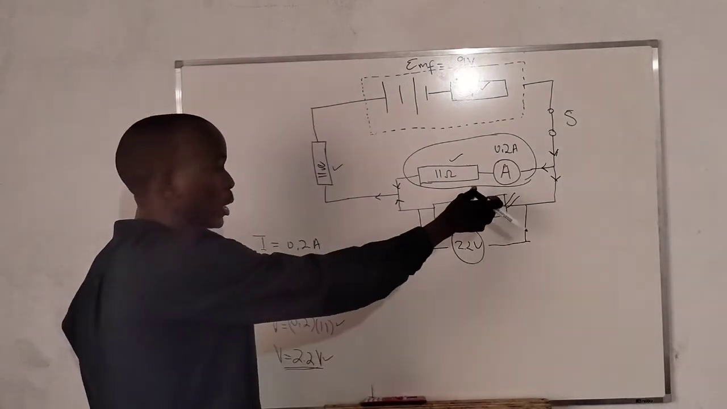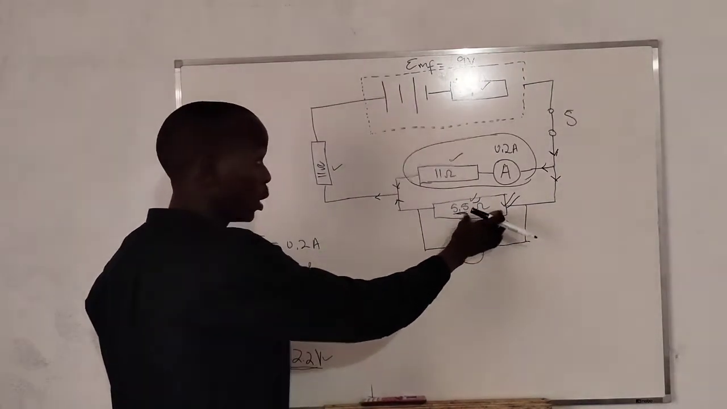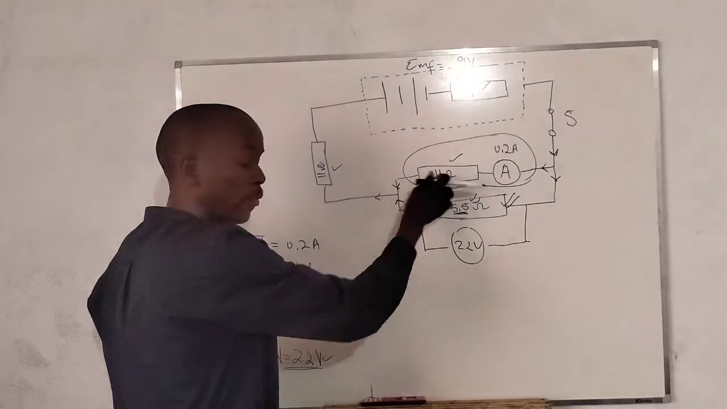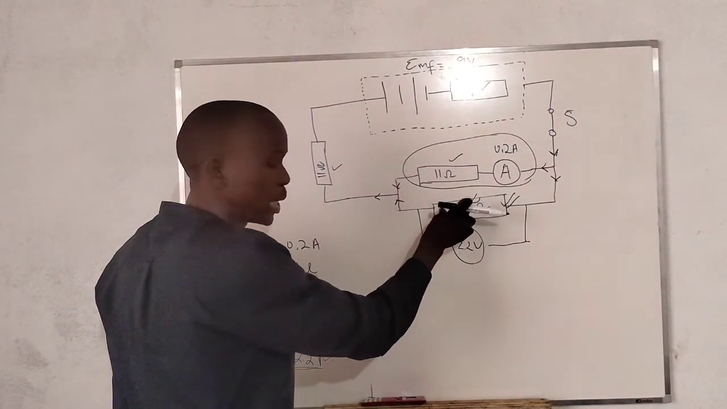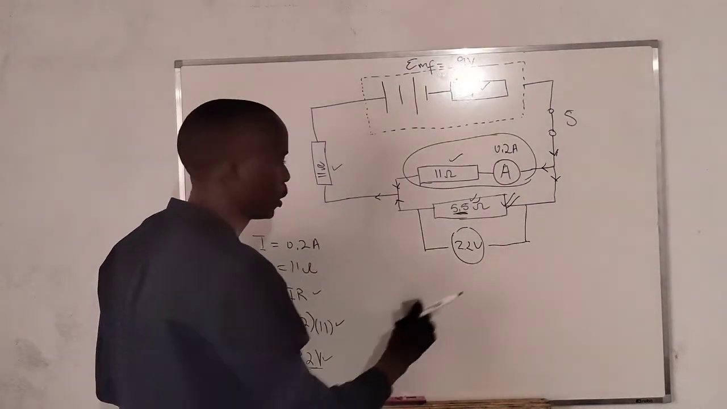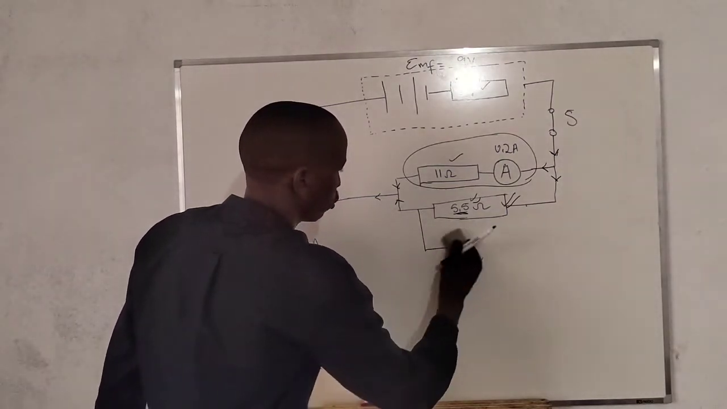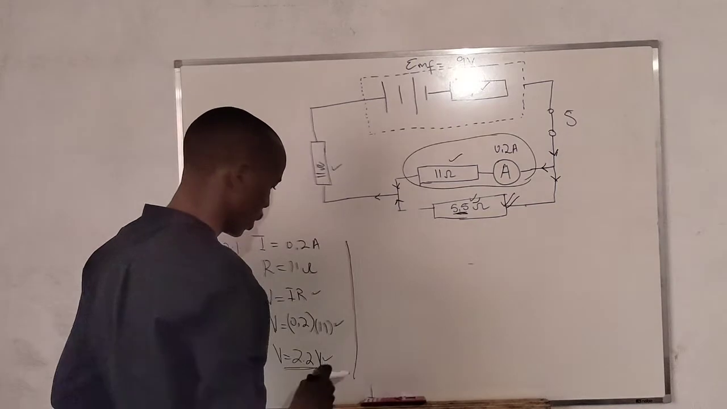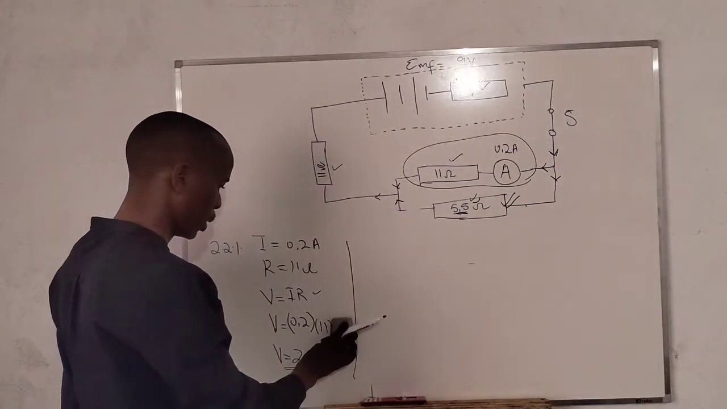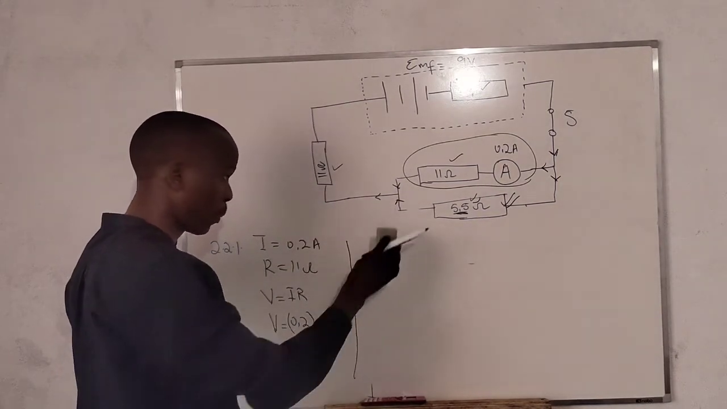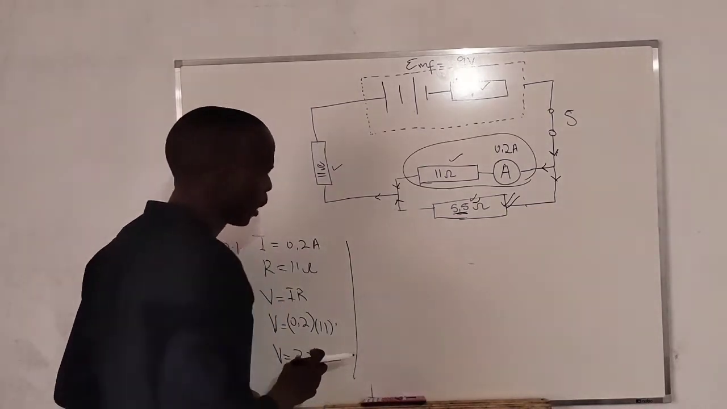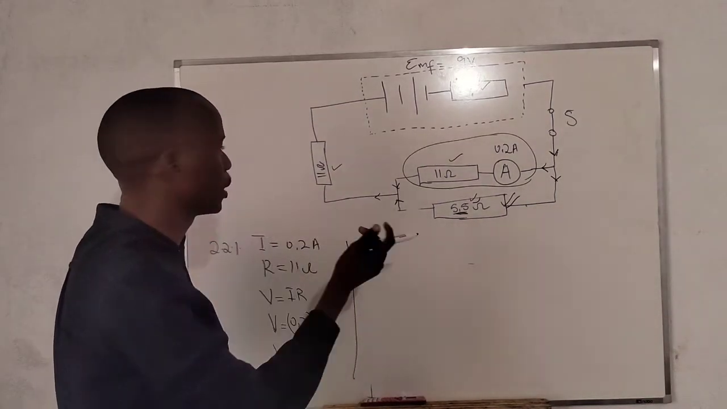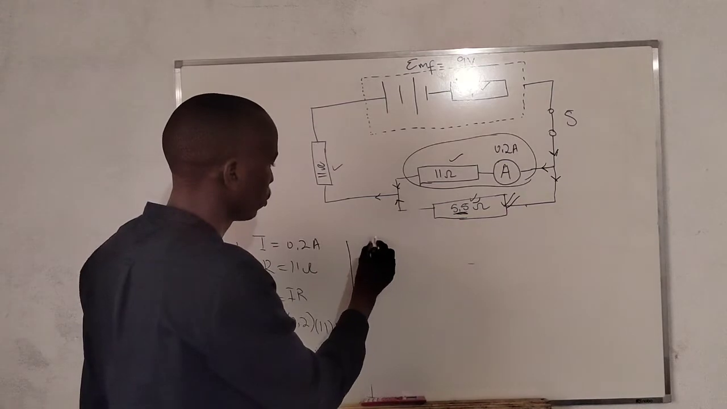Now I know the voltage of this resistor. It is the same as the voltage of this 11 ohm resistor. Now I want to calculate the current passing through this resistor. It means that the marks won't be 3 marks, some of the marks, we are still proceeding with the question. Then I have the resistance. The resistance of that resistor is